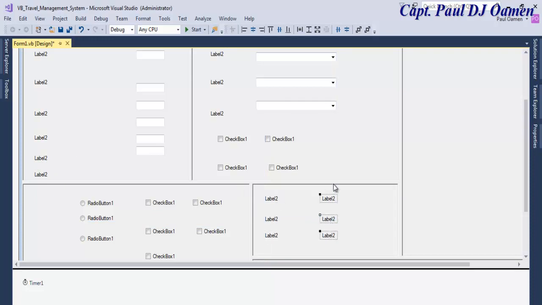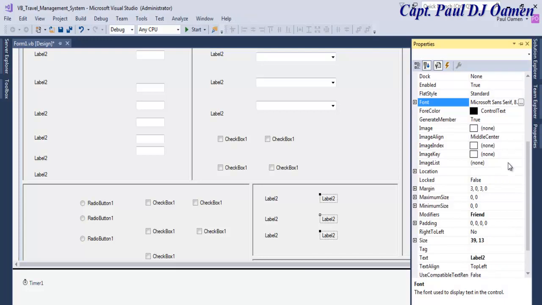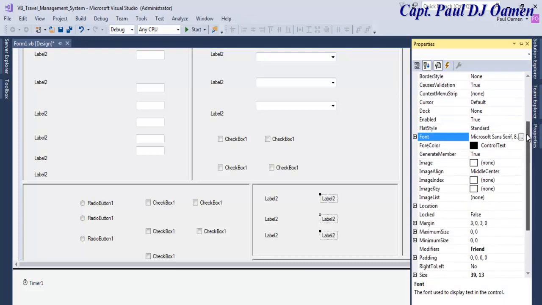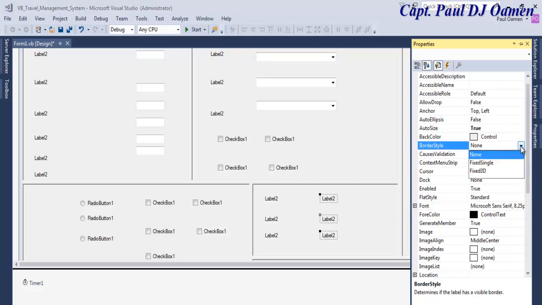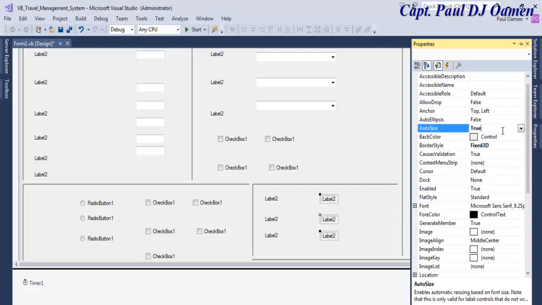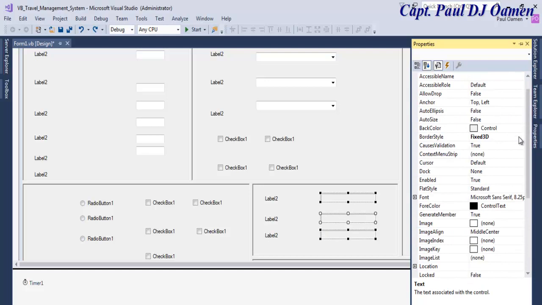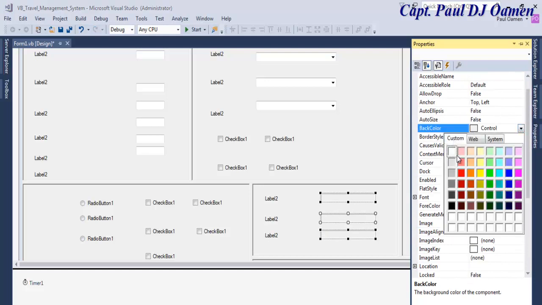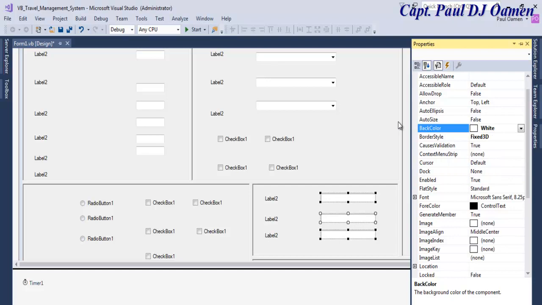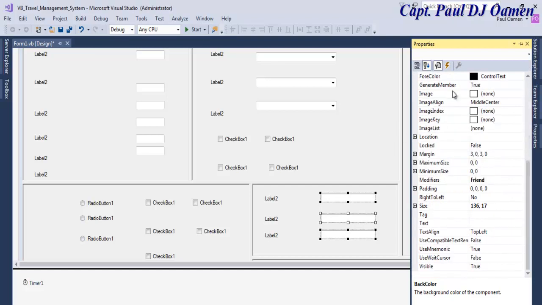Then these labels, let's change the properties of those labels. Border, Fixed3D, auto size is false, and we can delete the content we have in there. Let's get rid of that content. And the back color, let's change it to white. Right there we go. So what I'm going to do is, this is just a rough